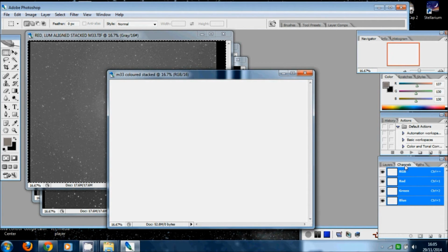Alright, what you're going to do is go over the RGB. Basically you've got the red channel, green and the blue channels. And what you're going to do is, where RGB is this frame here, you click on there, on the tab, and then you are going to,